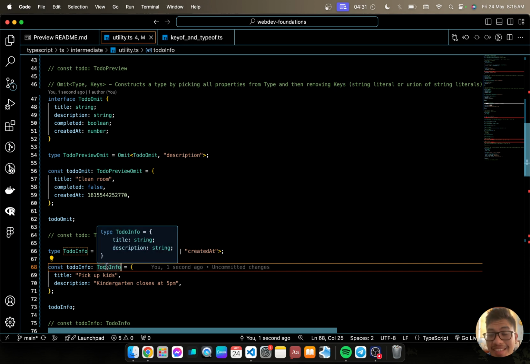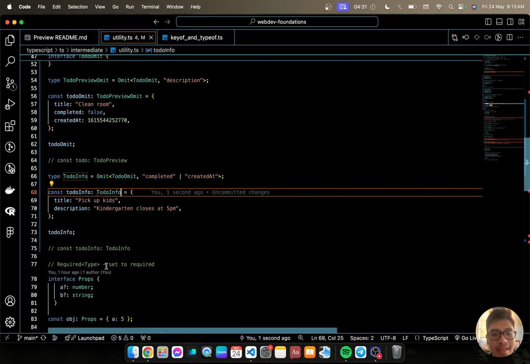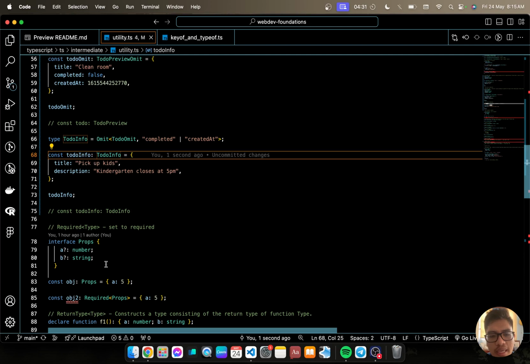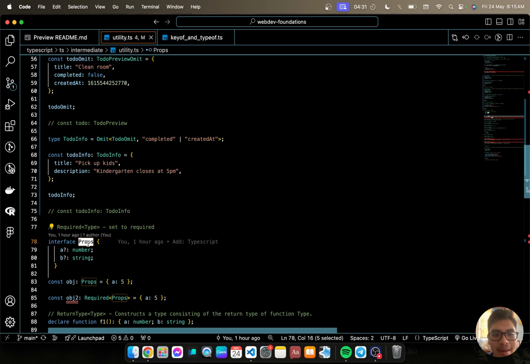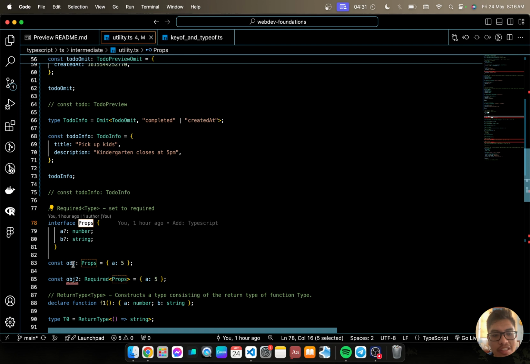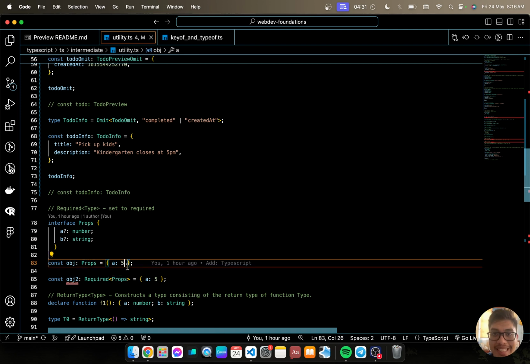Another example showing the power of the Omit utility type. Next, Required. As you can see here, we have our props, and we see that A and B are both optional. So when we're using const obj, then props, even if B is missing, TypeScript does not throw us an error.